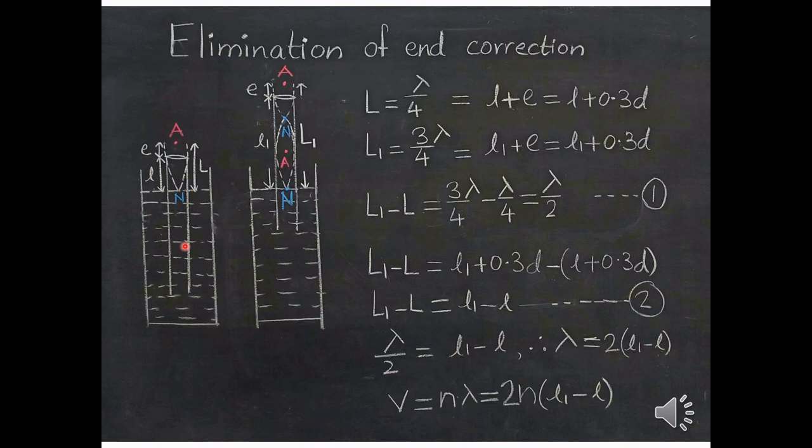Now just now we have discussed how resonance occurs. In this case of a pipe which is closed at one end, this is the fundamental mode of vibration. This capital L represents the resonating length or the corrected length of the air column. Small l represents the length of the pipe from closed end to the open end, and E represents the end correction. The distance between the consecutive or adjacent node and antinode is lambda by 4. So this L, that is the resonating length, is equal to lambda by 4.